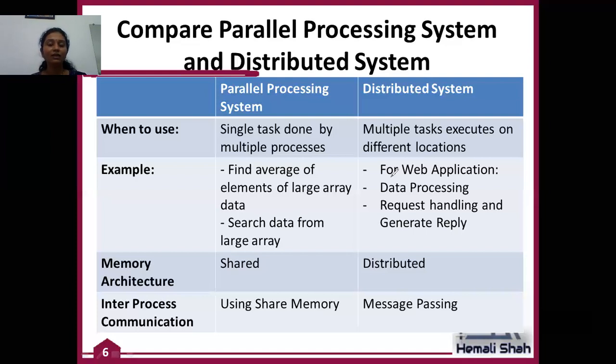Whenever you use the distributed system concept, your processing elements communicate by sending and receiving messages. So message passing is the concept for communicating between computers in a distributed system application.